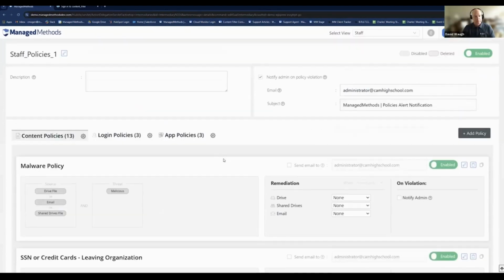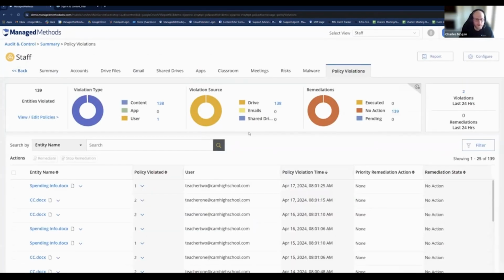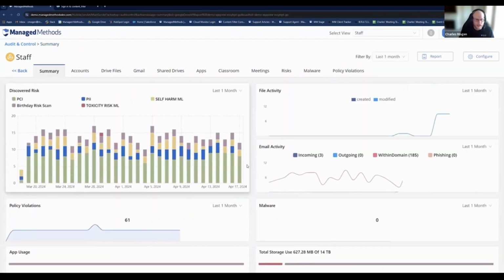Yes, there's a lot of great out-of-the-box policies that are ready to be deployed. Everything starts in alert-only state. We don't want to start interfering with your environment, but it's going to provide some great insight that way as well too, to just figure out what's out there in the first place, and then from there you're able to make those adjustments and those modifications, as Michael mentioned there. And then